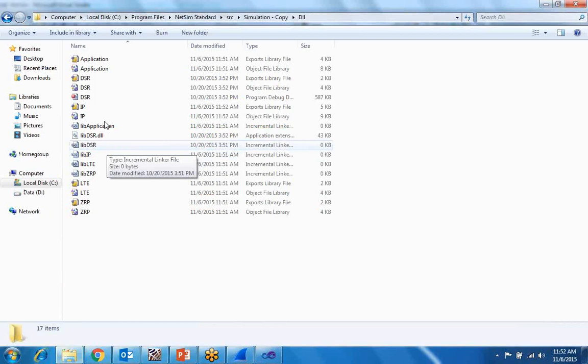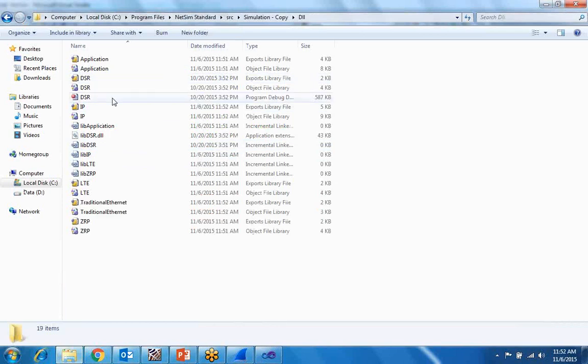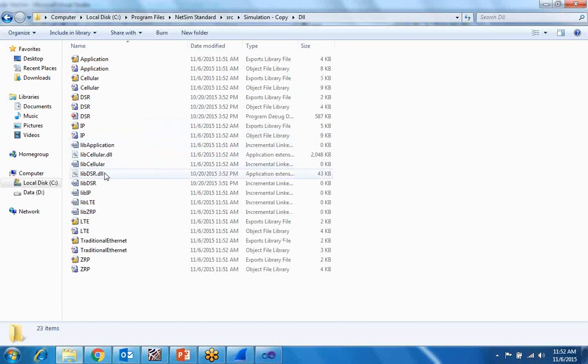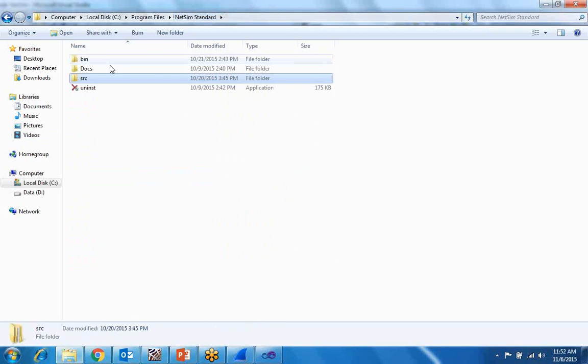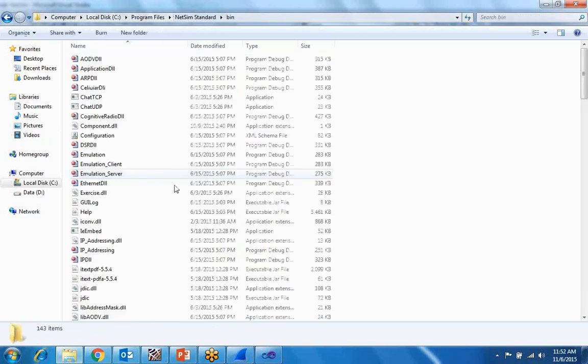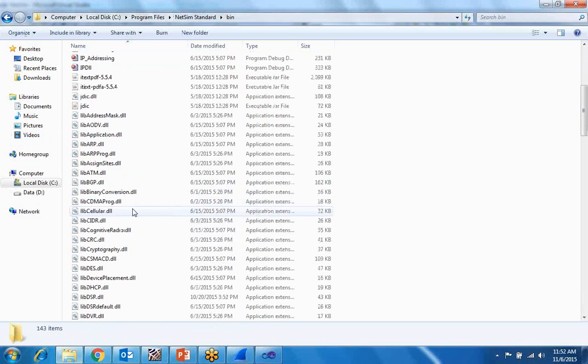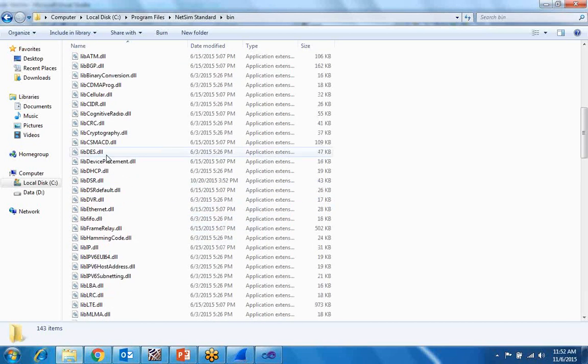We just start with this DLL file, libdsr.dll. Now our original file is libdsr.dll here.